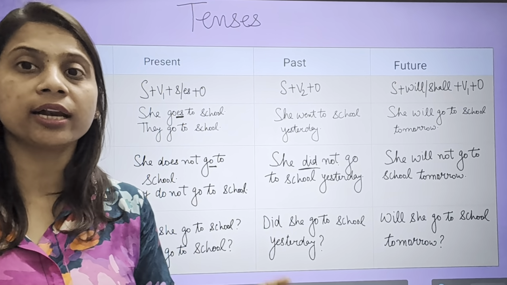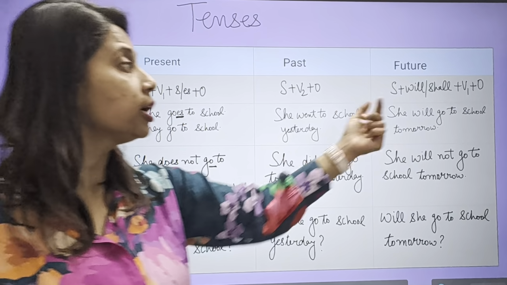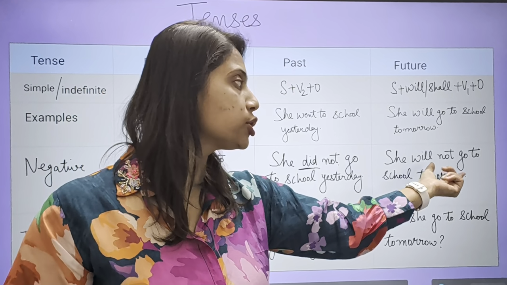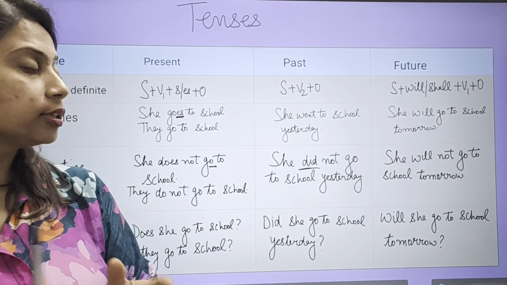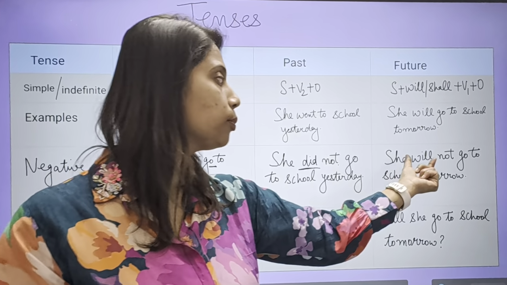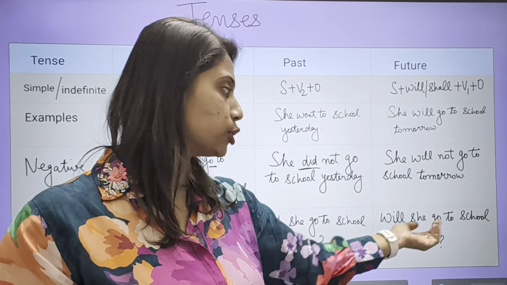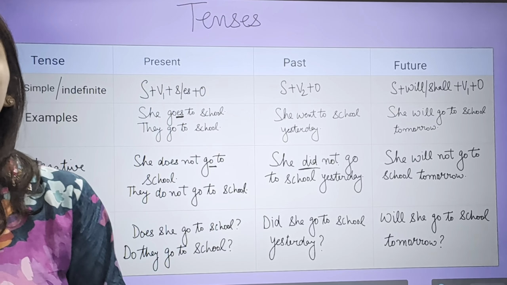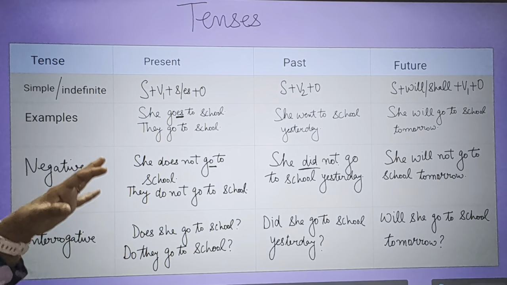There is no need to add any helping verb by yourself because it is already given here. So you will write she will not go to school tomorrow. And in the same way, in the question form, you will bring will in the beginning. Will she go to school tomorrow? So in this way, you can change all these into negative and